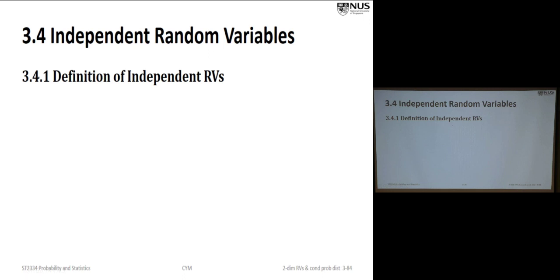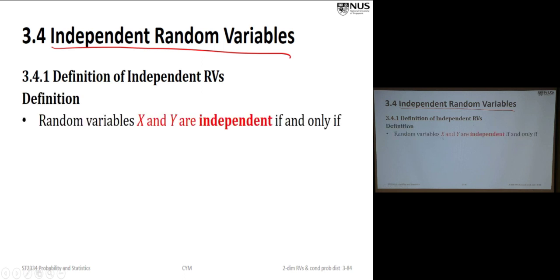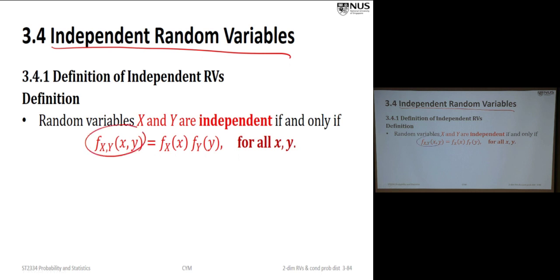We have independent events, so now we look at independent random variables. So what are independent random variables? If we have 2 random variables, x and y, we say that they are independent if and only if the joint PDF is equal to the product of the 2 marginal. So this is a much, much stronger condition than the independent event. Independent event, you just have 2 events. You look at the probability of the intersection of the 2 events equal to the product of the 2 probabilities of these 2 events. Then they are independent events.